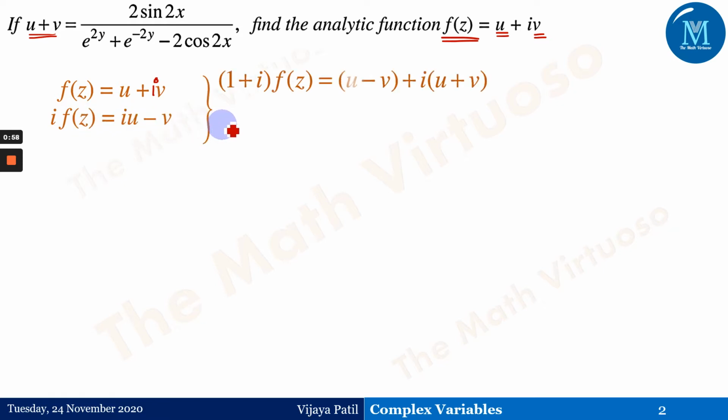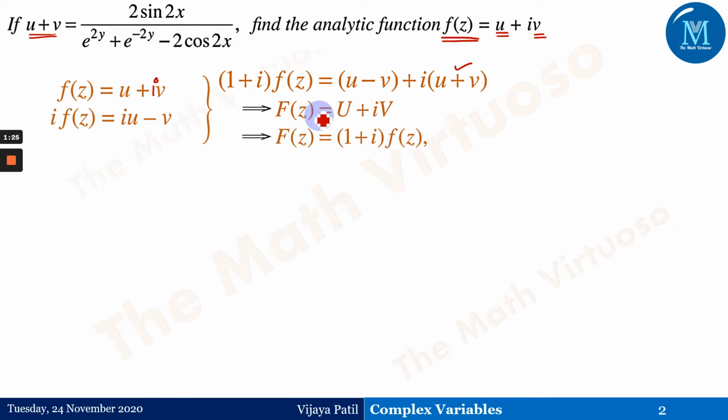The same thing we have done in the last session, wherein we constructed the function f of z from u minus v. Right, here they have given me this type, that is u plus v. So it's (1 plus i) times f of z as u minus v plus i times u plus v, which is nothing but capital F of z. So capital F of z is capital U plus i times capital V, and therefore this is nothing but capital F of z is (1 plus i) f of z.